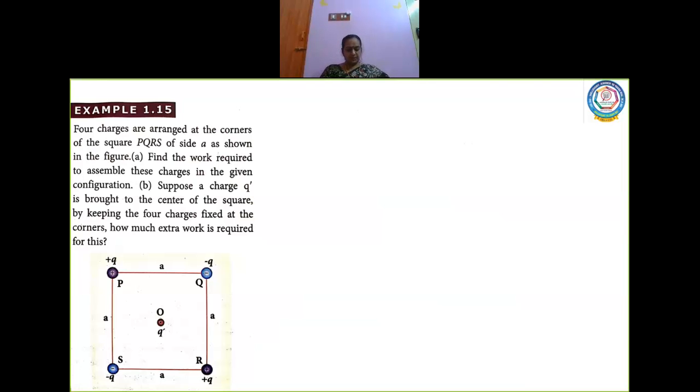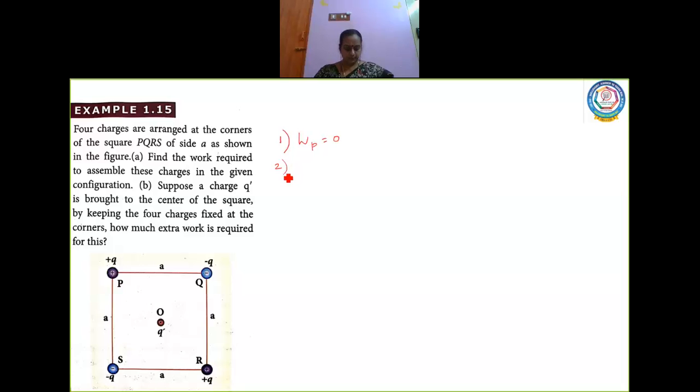So first I am going to bring charge plus Q to P. Okay, so forget about all the other charges. I am going to bring the first charge plus Q to P. So this will come very easily because no other charges are there to disturb it. So definitely no work is done. So work done at P will be 0. This will sit comfortably at P. Which one will sit? Plus Q. Right. Now we'll go to the second.